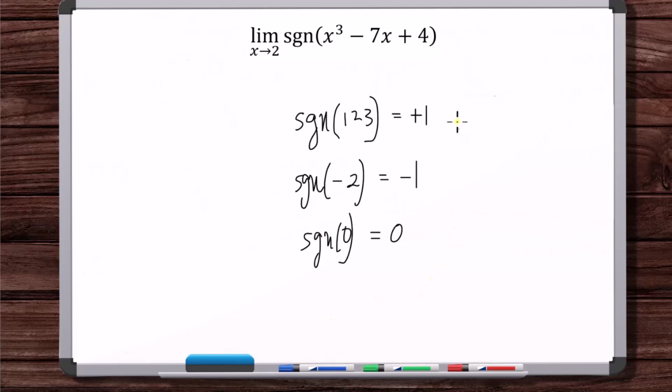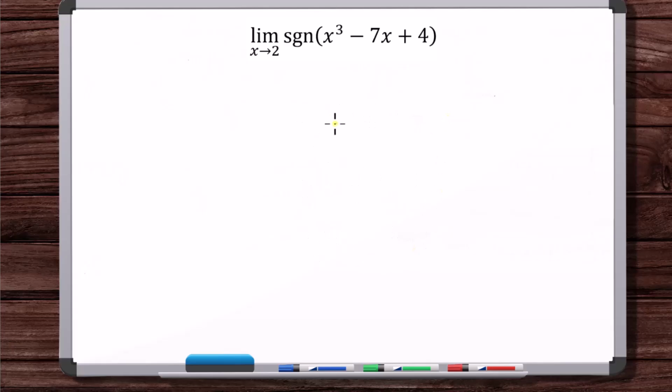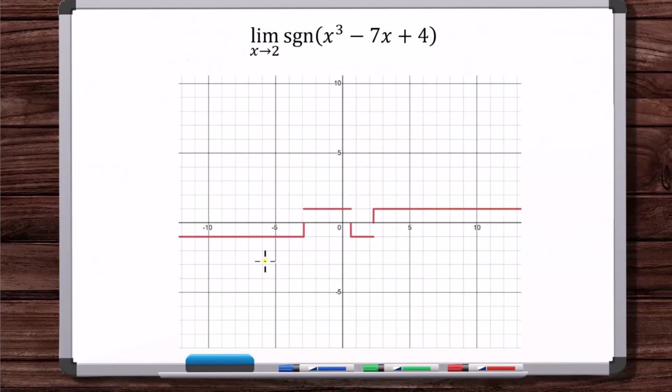So the entire range of the sine function, no matter what the circumstance, is just plus 1, minus 1, or 0. It only has 3 possible outputs. All right, so what does the sine function of this third order polynomial mean? Well, okay, here's the graph. So again, the output is either minus 1 or plus 1, and these lines don't mean anything. It's just at these points there should be just a closed circle at 0. So if we overlay the